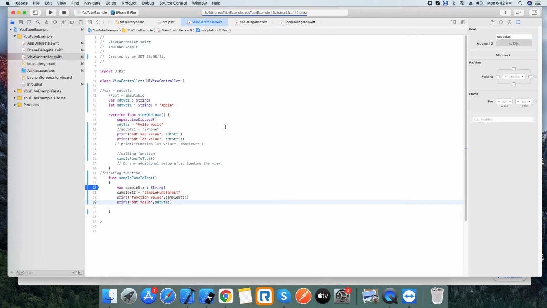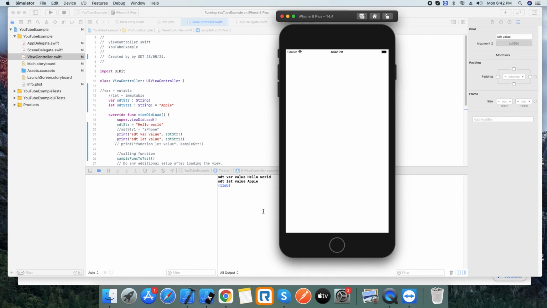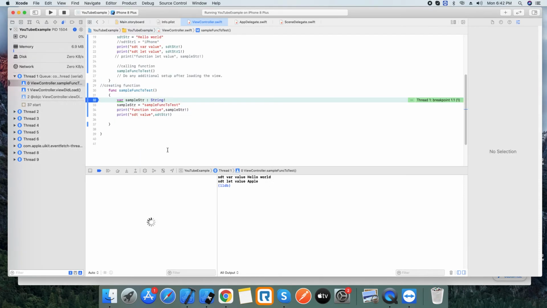So I'm going to run this now. Yeah, you can see the breakpoint is hit. Now we can see what is happening at each and every step.